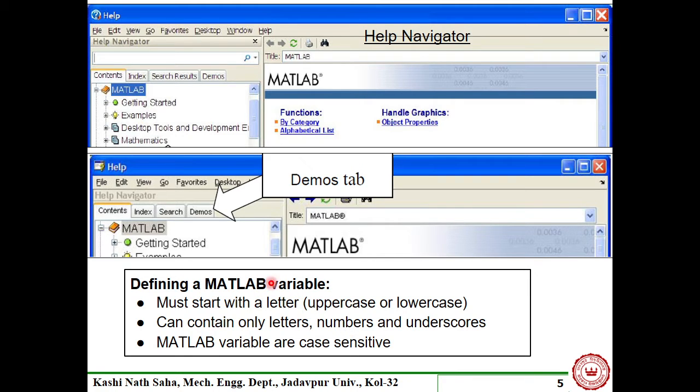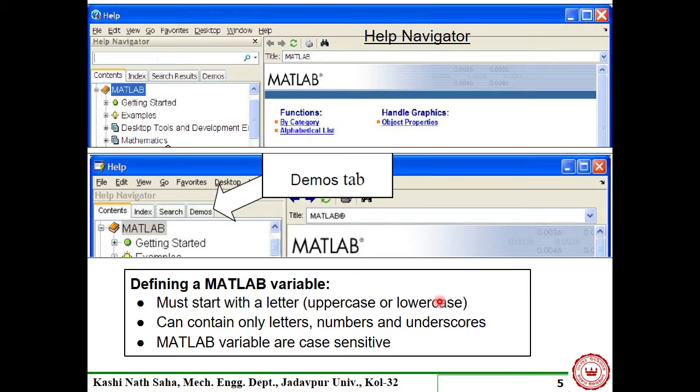So see what is there in MATLAB. In MATLAB a variable must start with a letter. It can be uppercase or lowercase, but note that if you use Ram as a variable with R capital and ram with r in lowercase, they are not identical, because MATLAB distinguishes uppercase and lowercase.